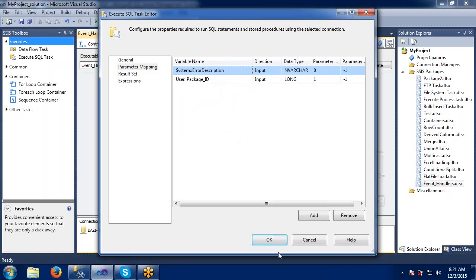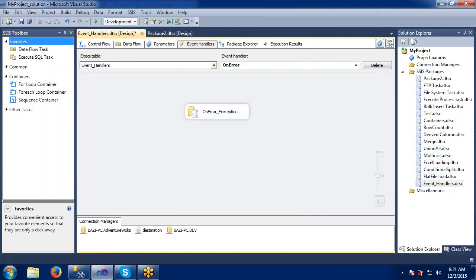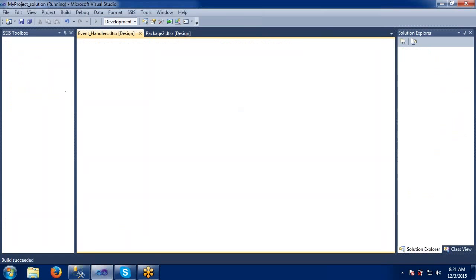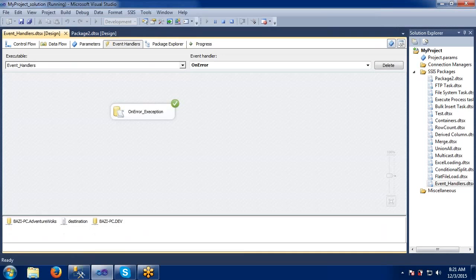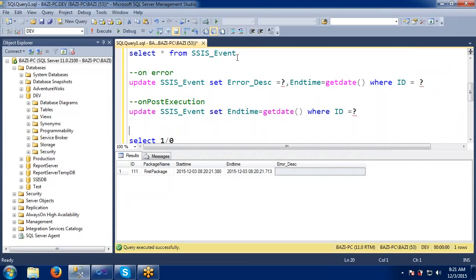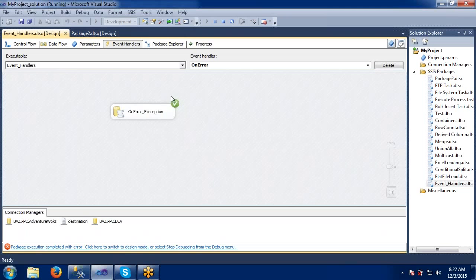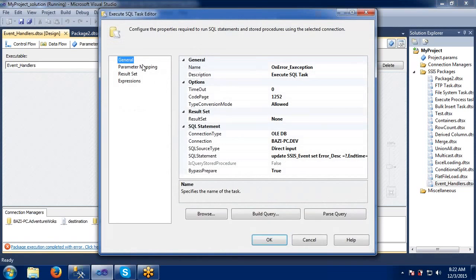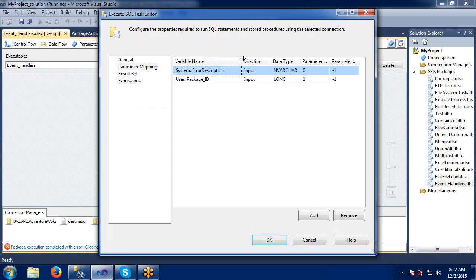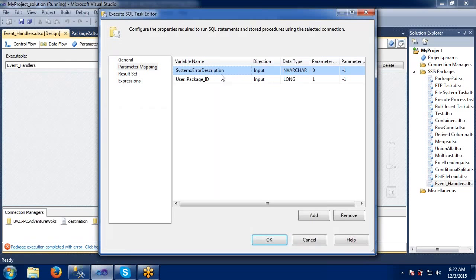Error description. Yes. Now it got updated here. So for the error description, we have to take that system defined variable here, right? I have taken error code here. Actually, we need to capture the error description variable. So it will capture that error here.